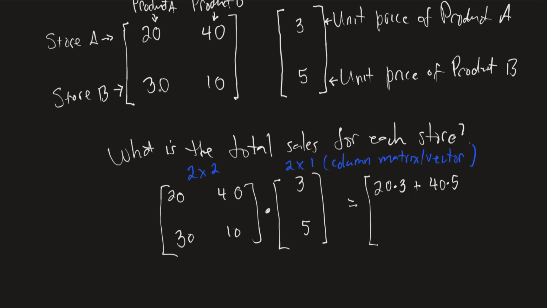And then similarly for store B, I'd have to take, again, how many units of product A it sold times the unit price for A, and then the sales, right? So that would be the total sales for product A from store B would be 30 times 3. And again, I'd have to add to that the sales from product B from store B. So that would be 10 times 5,